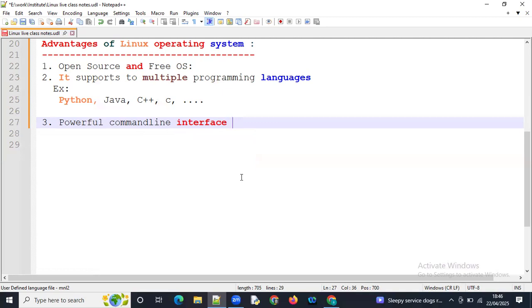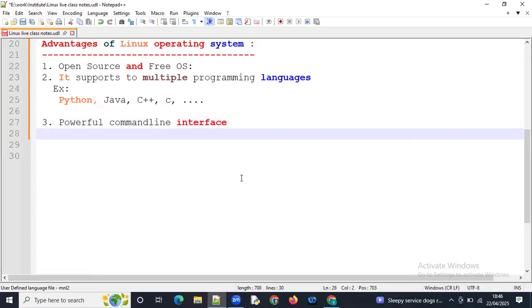Now most of the Linux users use shell scripting for automation purposes. For automating tasks, most of them use shell scripting.